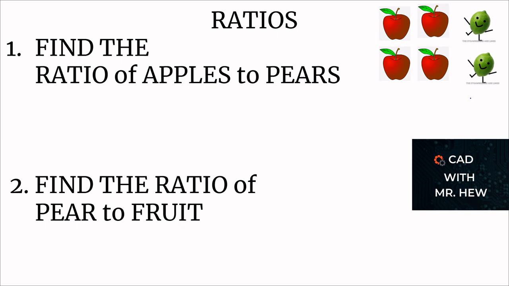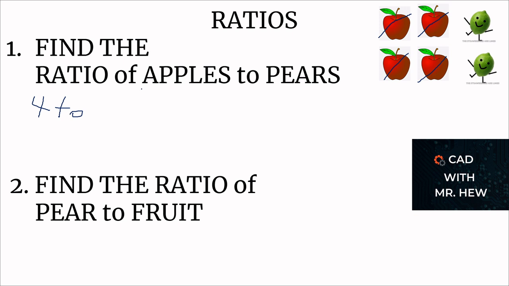And we'll be using this diagram in the top right hand corner of your screen to show the principles of ratios for question 1. So the first thing we need to do, we need to count how many apples we have. So we have 1, 2, 3, 4 apples. So we're going to write it here. 4,